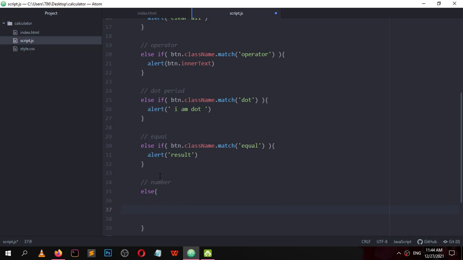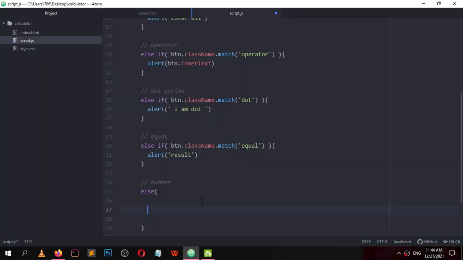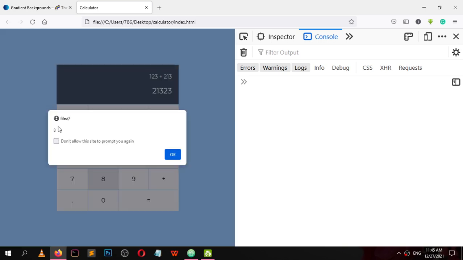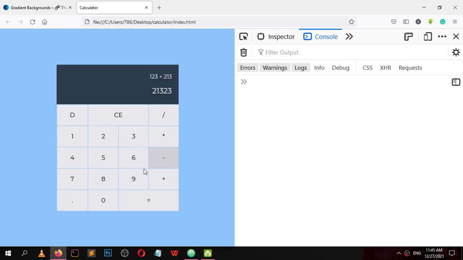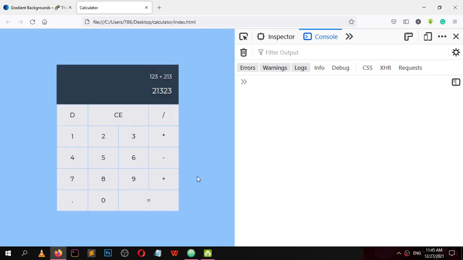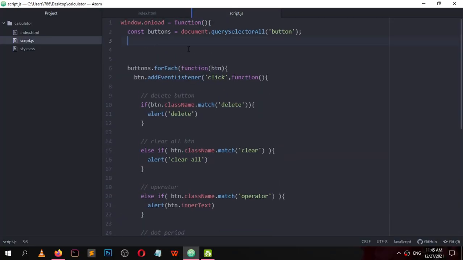Else, alert button.innerText, 2890. We are alerting this. Now we need to grab this, so create a variable above.